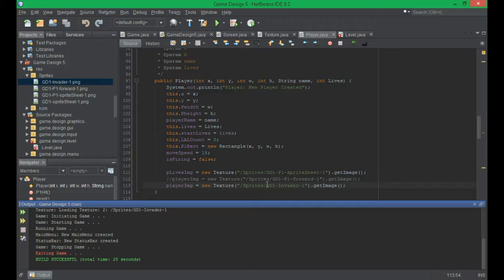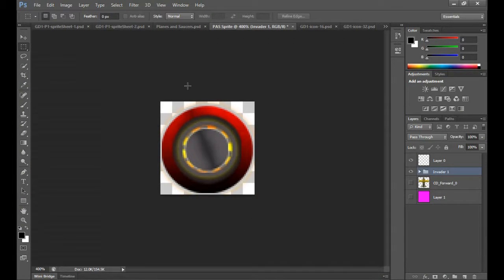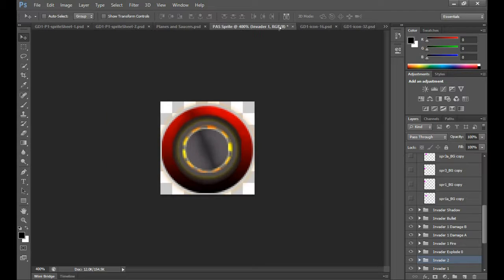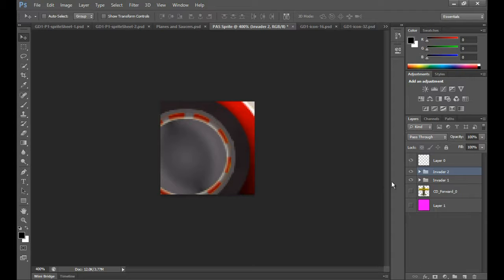But that would be animated with the other version of the same image, which is, I'll find it, this one here, the Invader 2. Drag that one over to the sprites